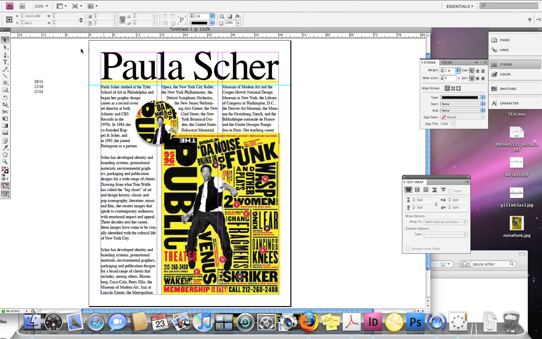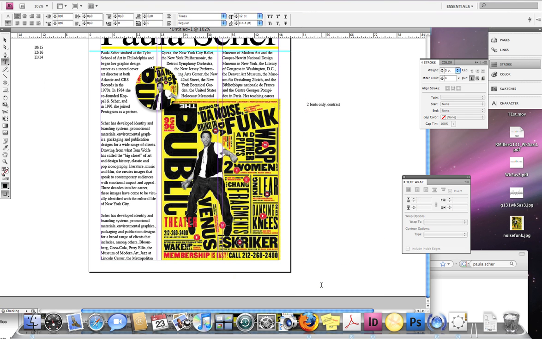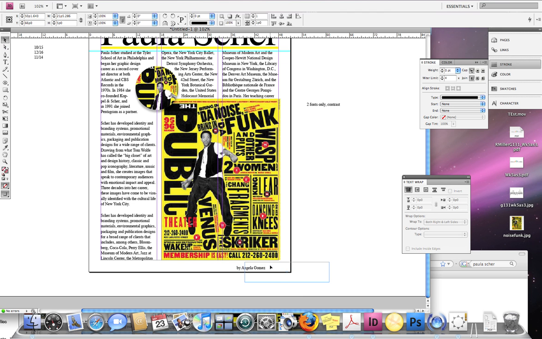Your layout can have 2 fonts only. So let's write out some of these rules, and we'll end this video. 2 fonts only. One is the body copy, and the other is a contrast font. In order to create contrast, you need to add a byline. You will always need a byline here at the bottom, something that says by Angela Gomez. It's my maiden name, so I'll just sneak that in there. You want to line it up on the right hand side,